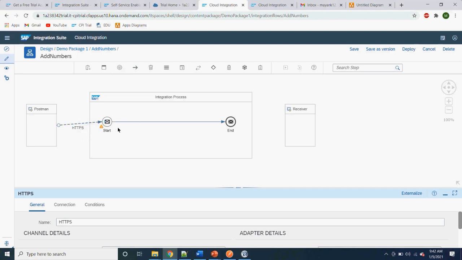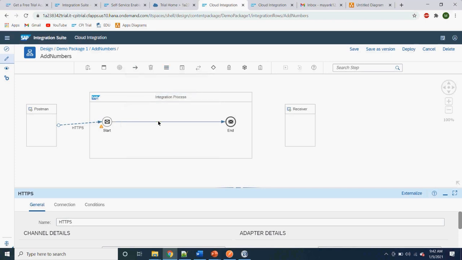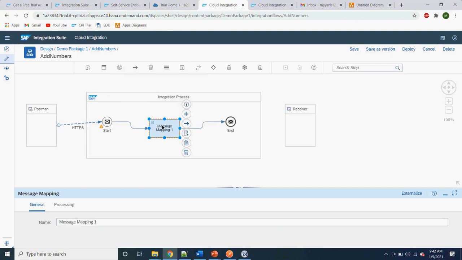Once I have the payload in CPI, I just want to add 2 numbers. I do not want to do anything else. So I'll use a message mapping, and I will define in the message mapping what I need to do to that payload.